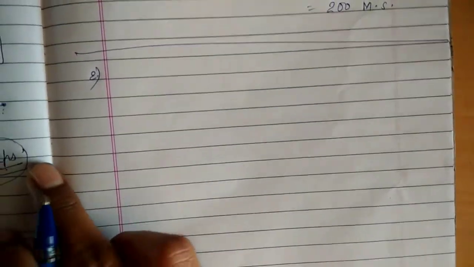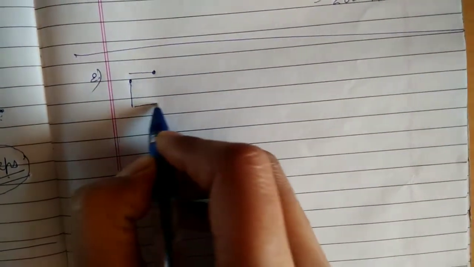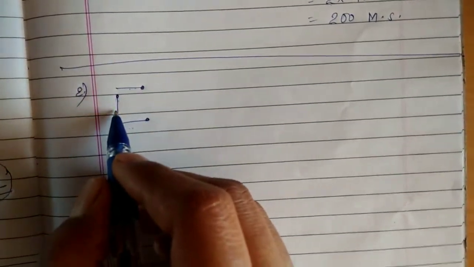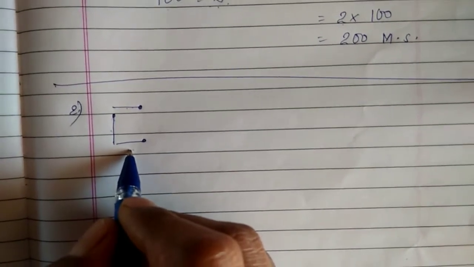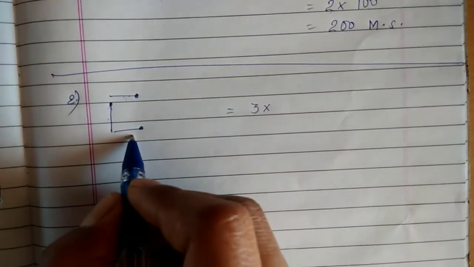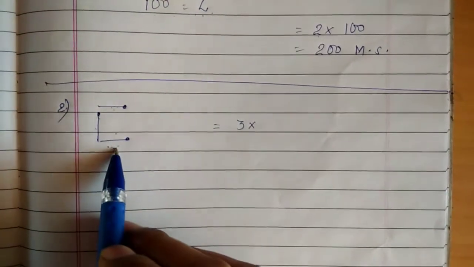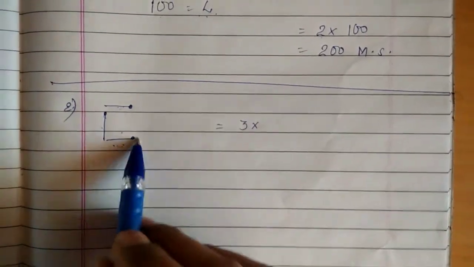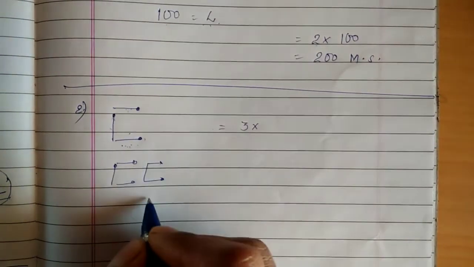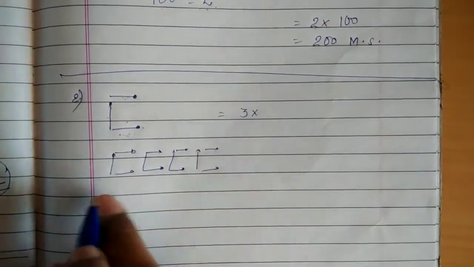Now for the second one we will see if we are forming the C with the matchsticks. In the C, how many matchsticks are here? 1, 2 and 3. 3 matchsticks are here. So 3 is multiplying by the number of C formed. Here we have only one C. If we have more than one, here as you can see 2, anytime we will get 3, anytime we will get 4. At that time we are not able to count.